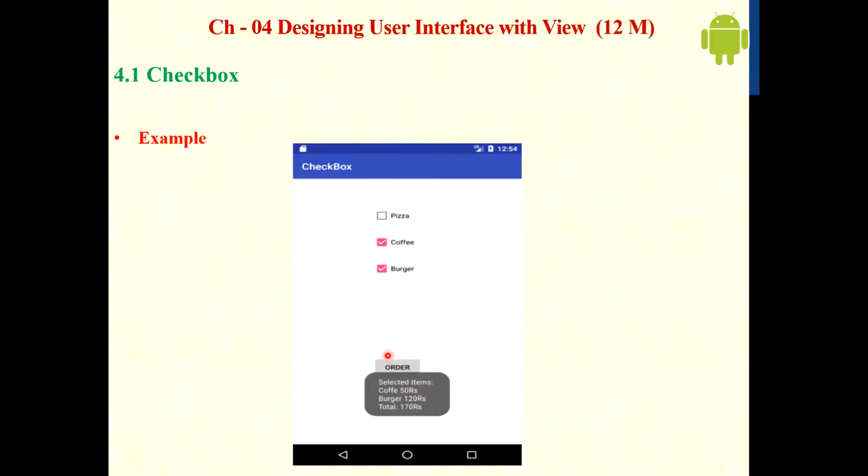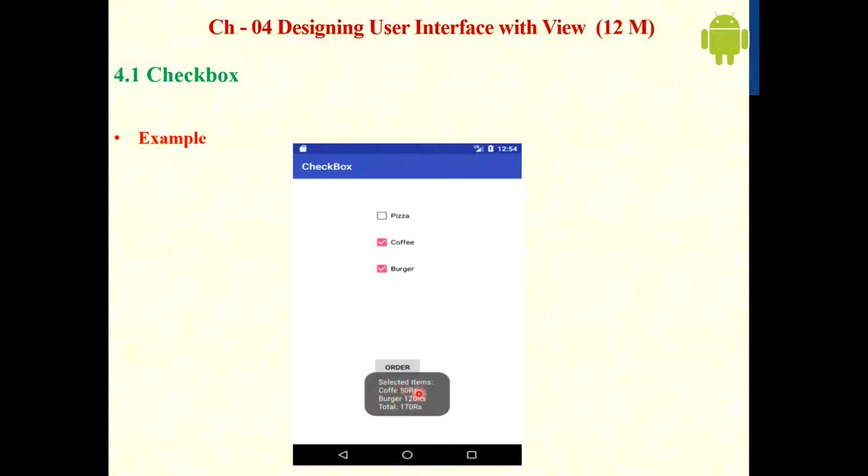Here the checkbox is displayed like this. Here are three options: burger, coffee, pizza. The user can check the checkbox as per requirement or as per selection. We can also select multiple checkboxes. Here the information is displayed regarding checks.